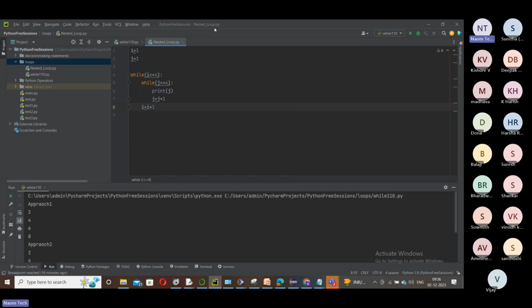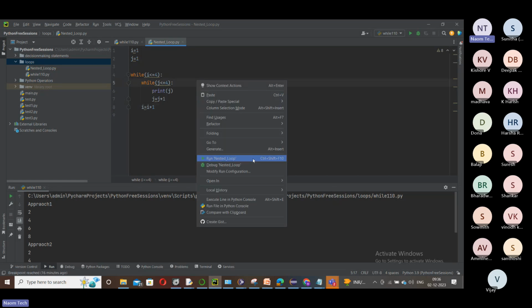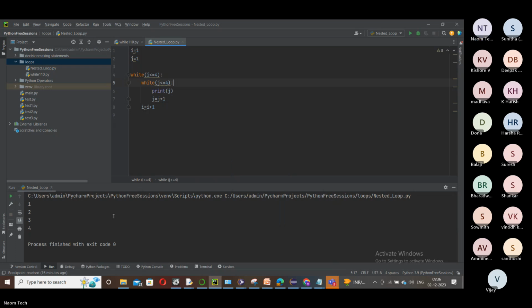Now, if you run this, you get the value of i four different times. You run this now, you can see here the nested loop, but we are seeing it only one time. Let me see why this is happening. There is a small change we should make here: the initialization of the inner loop. But where am I declaring this? I am declaring it outside the loop.